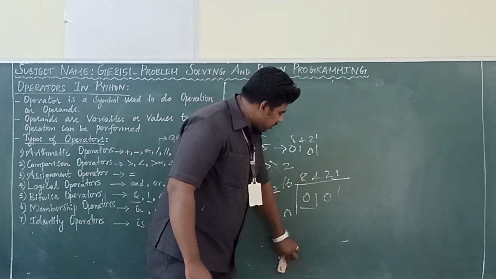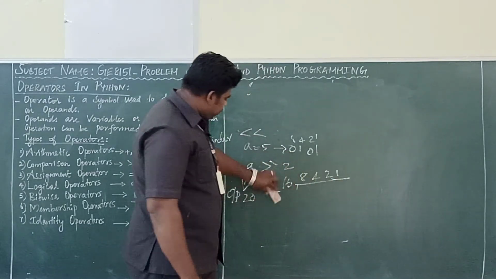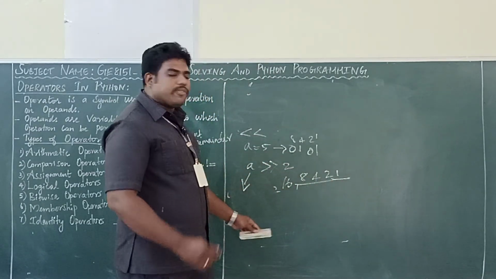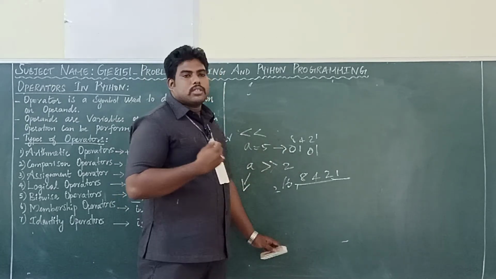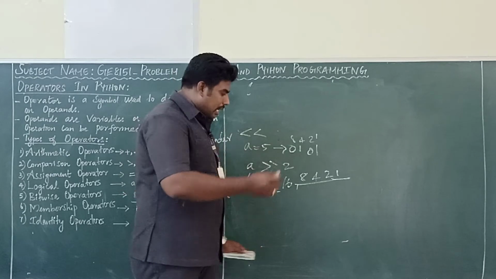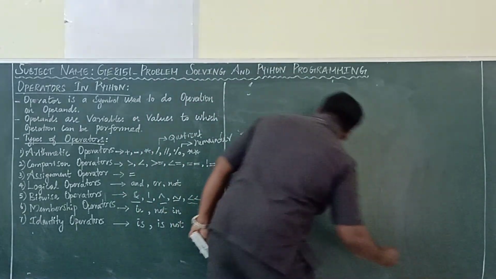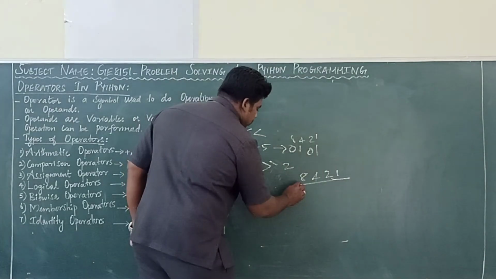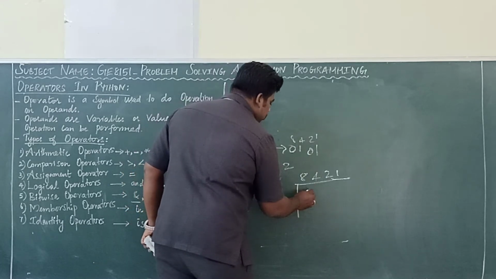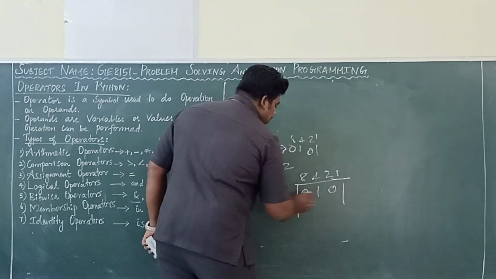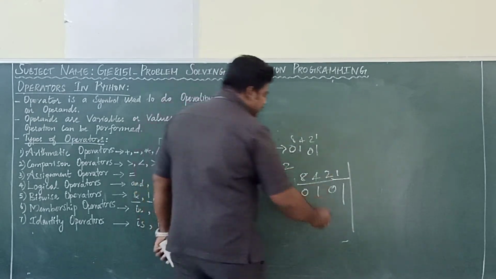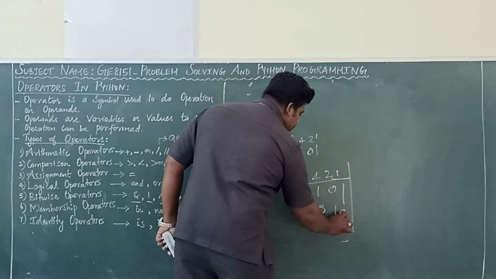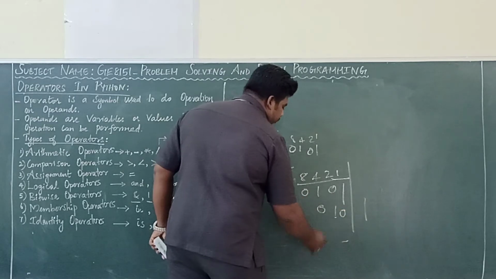Similarly, right shift, I am going to do the same thing. Right shift means you have to shift to the right side 2 times. So what's the value here? 0 1 0 1. Right shift means put the line here, on the right side. The first shift gives 0 1 0 1. In the second shift,